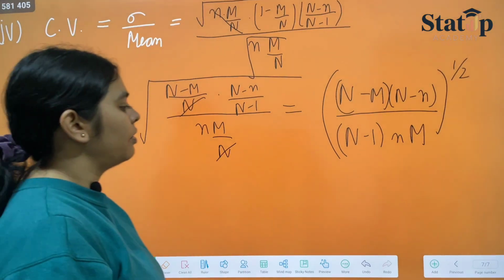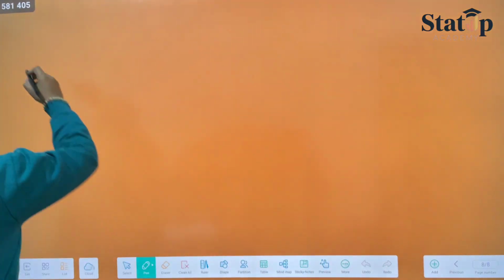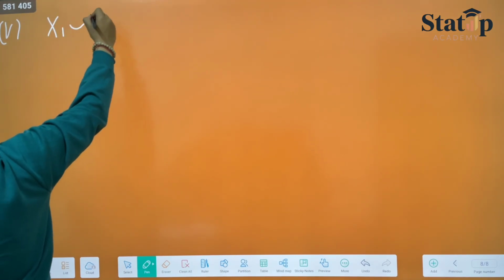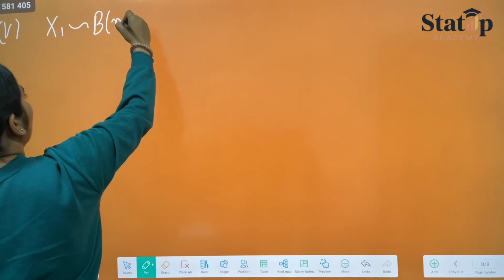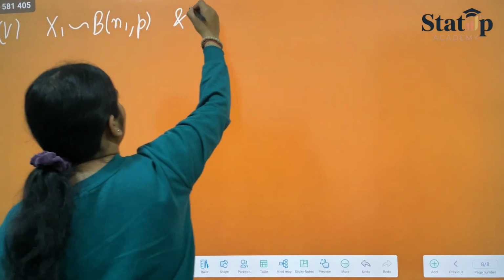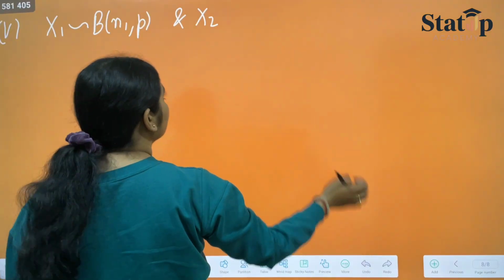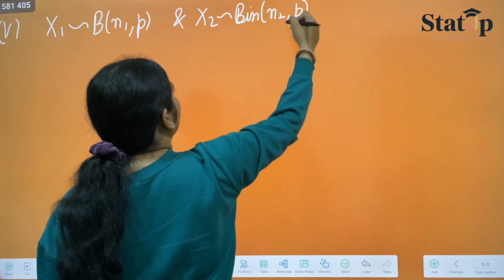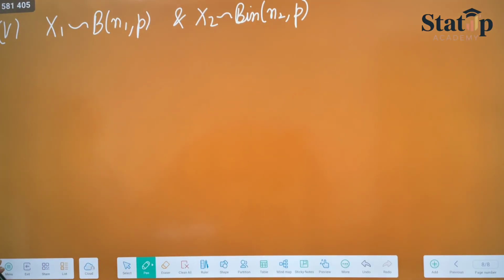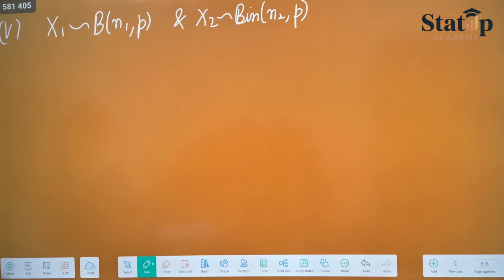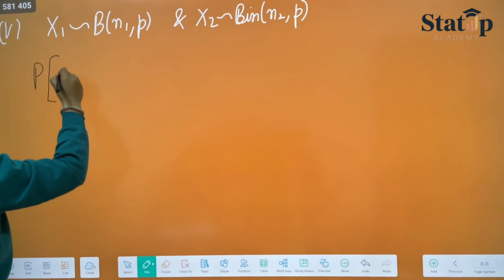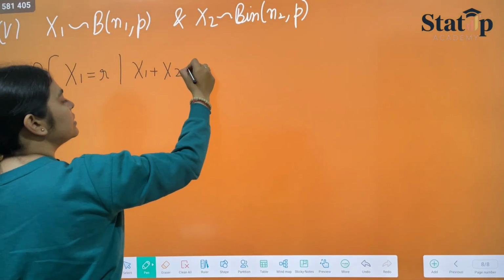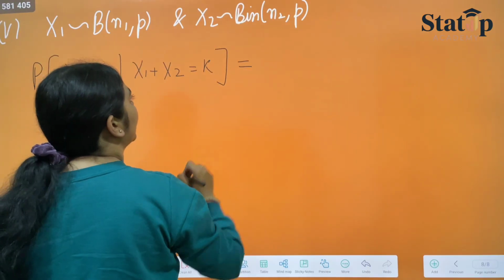There is one more relation of hypergeometric distribution with binomial distribution. Let us discuss that as well. Suppose there are two variables, x1 follows binomial with n1 and p, and x2 follows binomial with n2 and p. These are the two things that it is following. Then the conditional probability of x1 equals r given x1 plus x2 equals k is given to us by